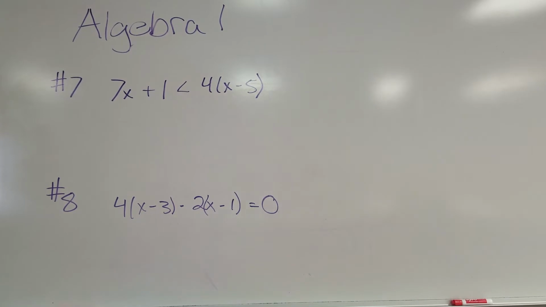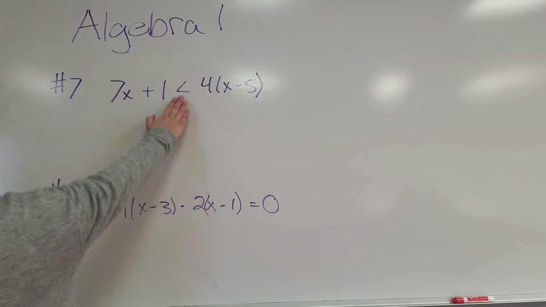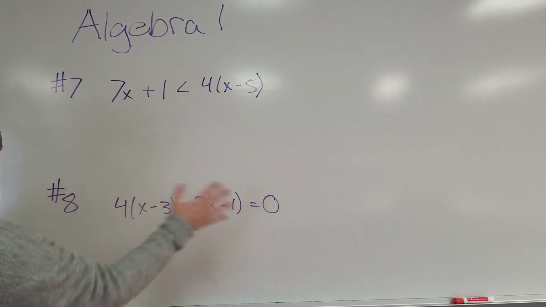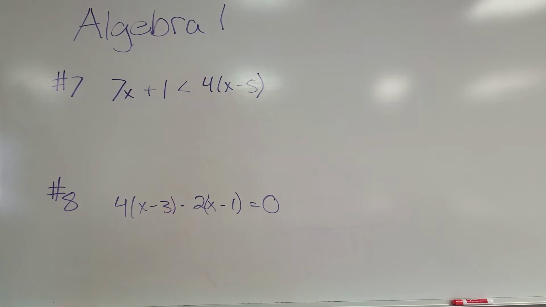Number 7 and 8, they give you two equations with multiple variables. The same one, but x in there two different times. So it's just a little bit bigger problem. The same applies to this as the previous ones we did. This is your equal sign, and you're just solving for x like you would if there's an equal sign there. So you're going to move all your variables to one side, your constants to the other, and isolate x, all